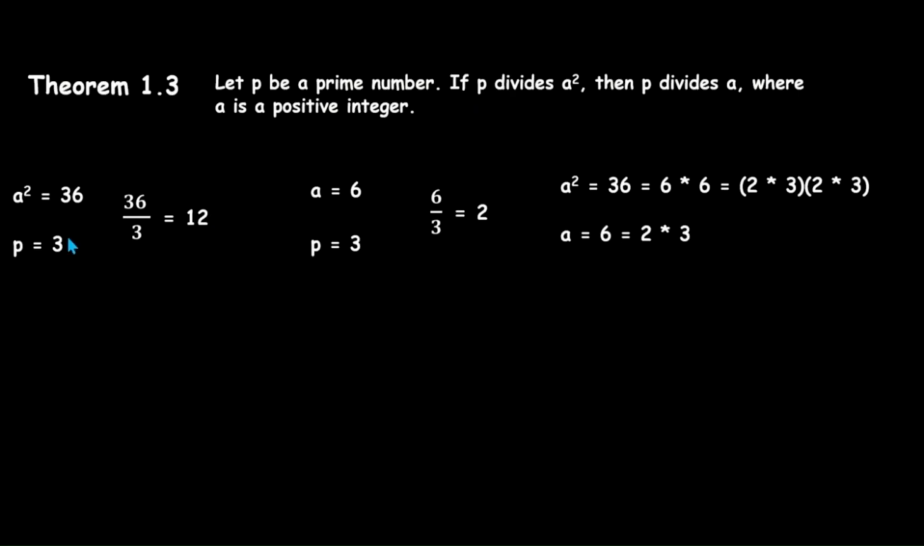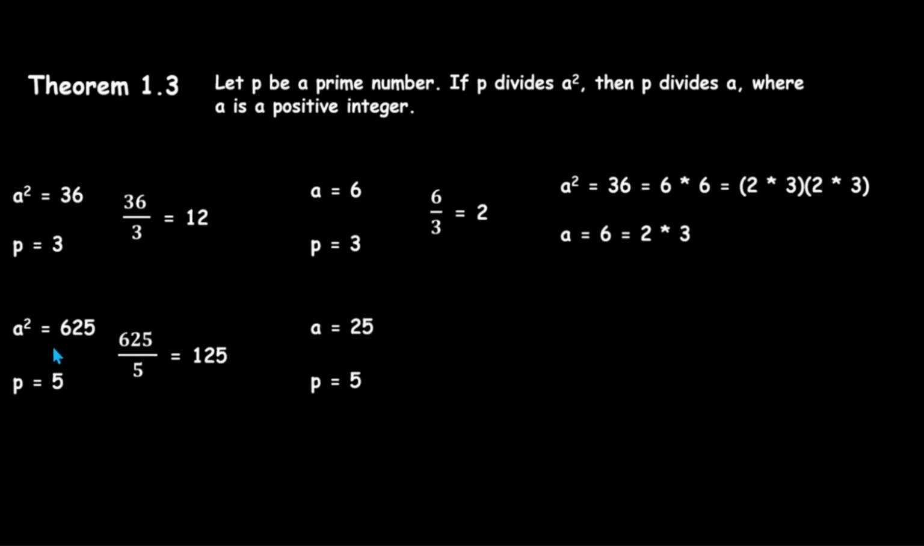If a prime number p can divide a square, it can divide a as well. Now let us see with another example. Let's pick now our a square as 625 and our prime number p as 5. 5 can divide 625 and we get 125 as the quotient and 0 as the remainder. And if a square is 625,